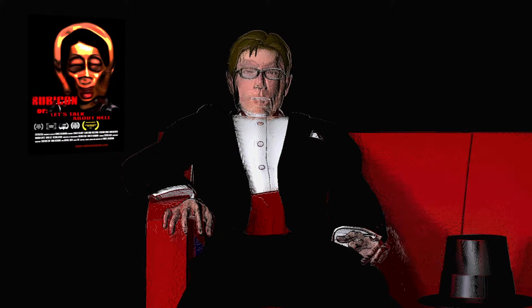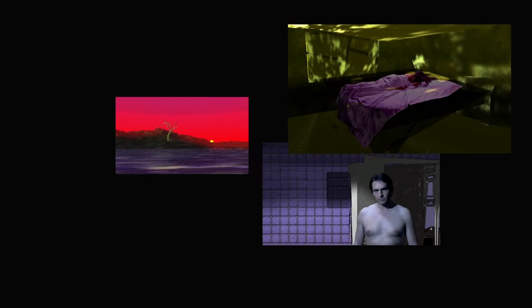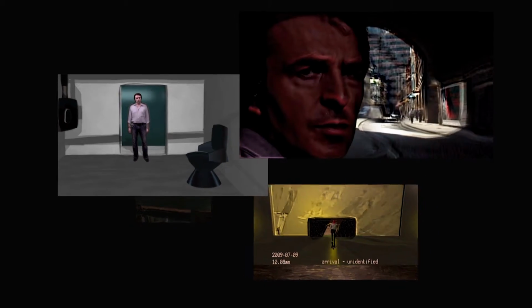I didn't want to copy styles and decided to define my own set of rules, which should be the style for the Rubicon. Every scene should have a distinct uniform style expressing the subjective state of the characters or situation. The level of abstraction should not interfere with the narrative. The level of distortion can change within a scene independent of the emotional situation.